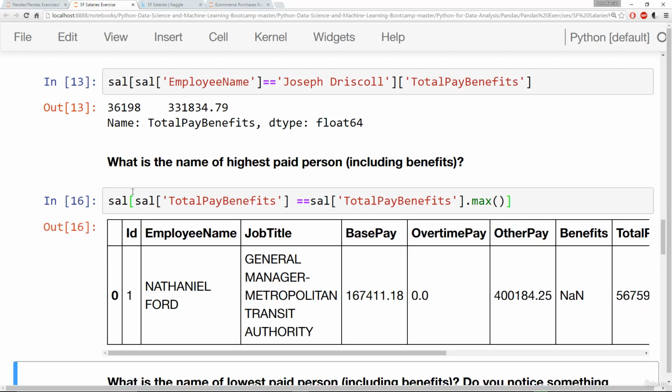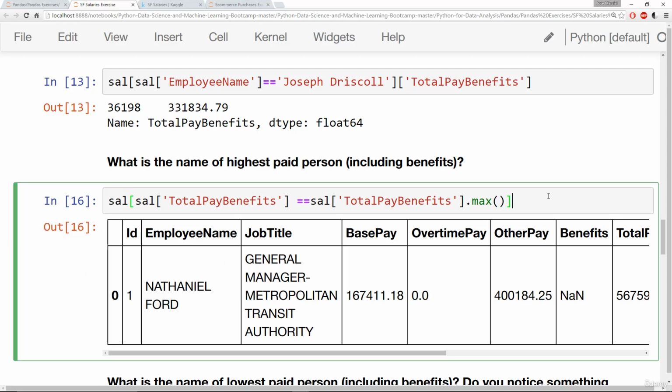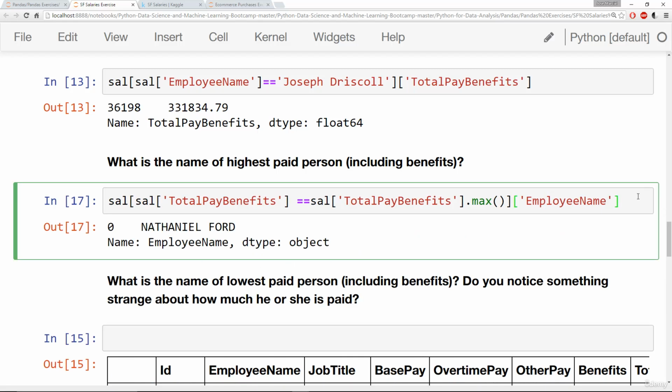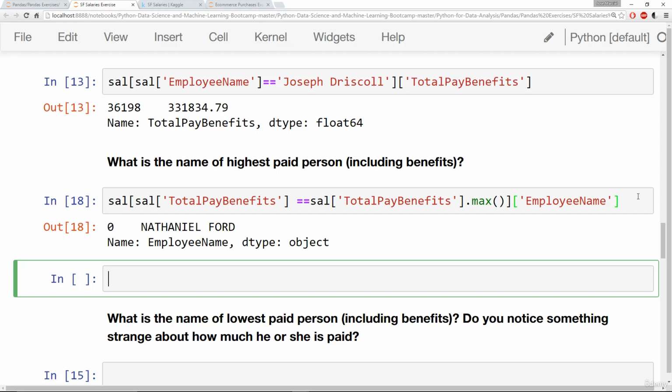And then I can pass that into sal in order to actually grab his name, which is Nathaniel Ford. And if I just wanted the name, I could say employee name off of this and get his name, Nathaniel Ford. Okay, that's one way to do it. A more advanced way to do this, and we actually haven't gone over this method, is to use